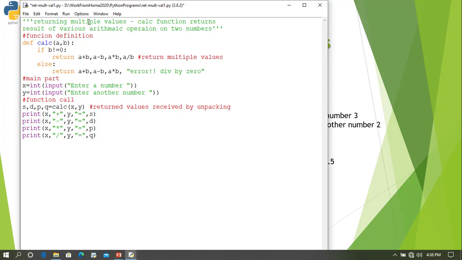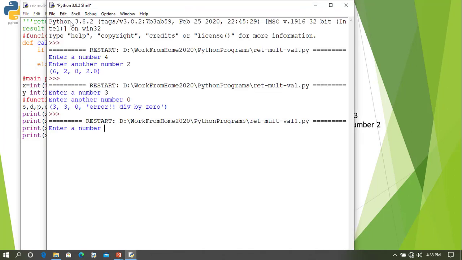So let us execute this one, save, run the program, give two numbers, say 6 and 5. So the value is 6 plus 5 is 11, 6 minus 5 is 1, 6 into 5 is 30, and 6 by 5 is 1.2.